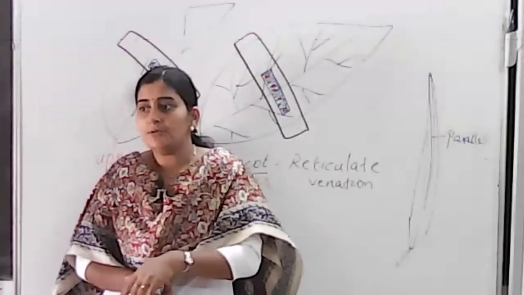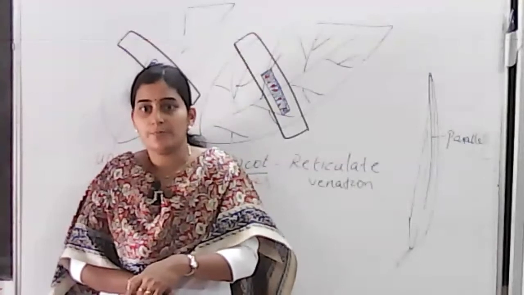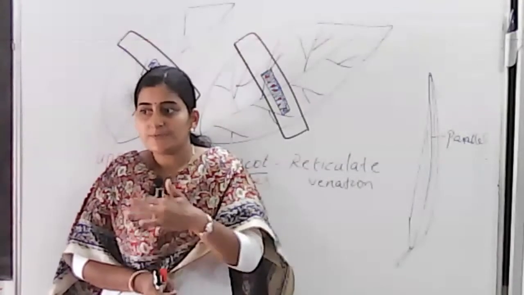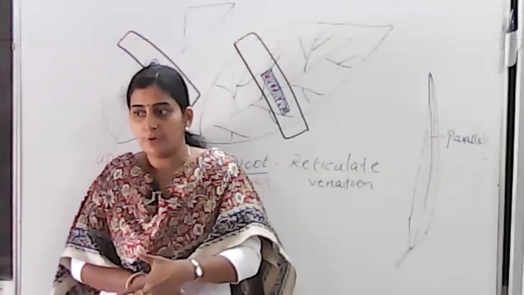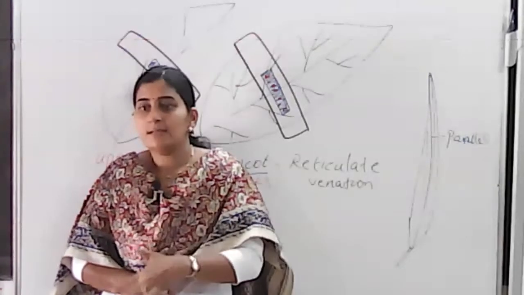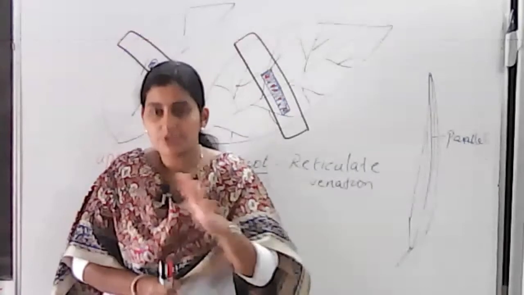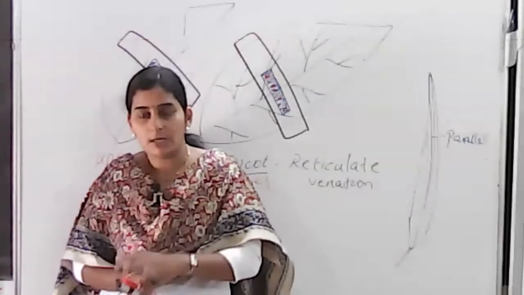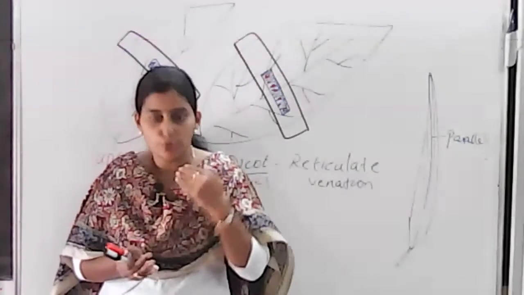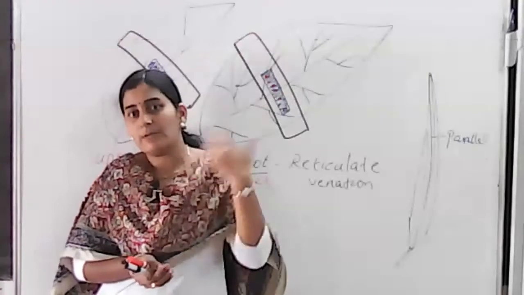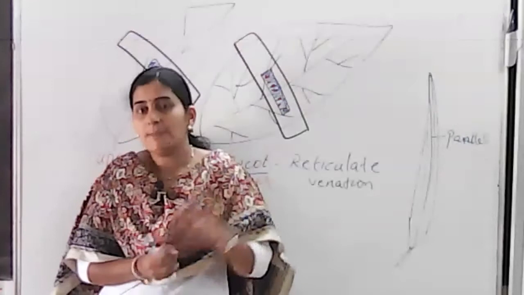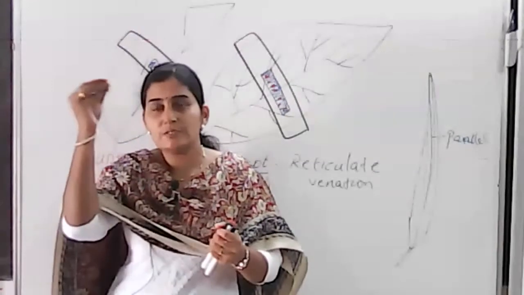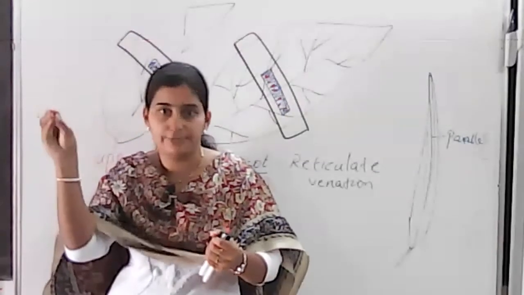Very near to that you can see the xylem vessels also. Then substomatal space, stomata. I think those parts are clear for you. Regarding the mechanism of carrying water from soil, water will be carried through roots. From root it will be carried towards xylem. From xylem it will be carried through small veins towards the leaf.